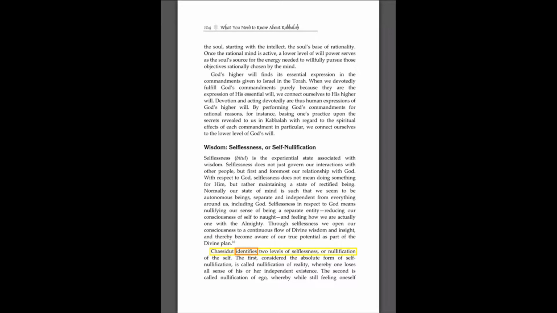Chassidut identifies two levels of selflessness, or nullification of the self. The first, considered the absolute form of self-nullification, is called nullification of reality, whereby one loses all sense of his or her independent existence. The second is called nullification of ego, whereby while still feeling oneself